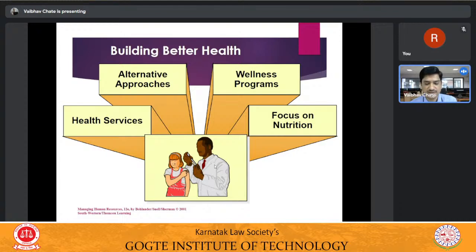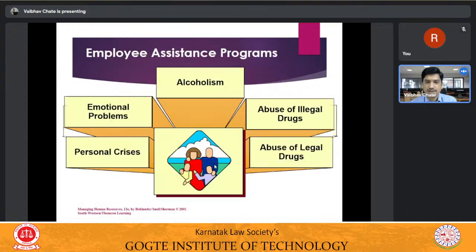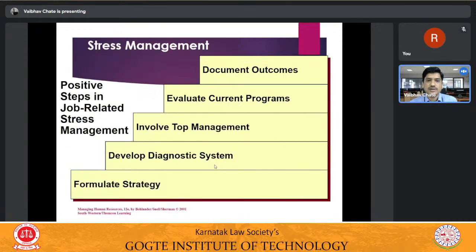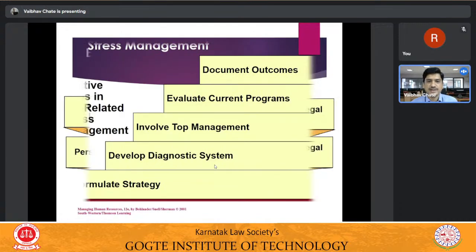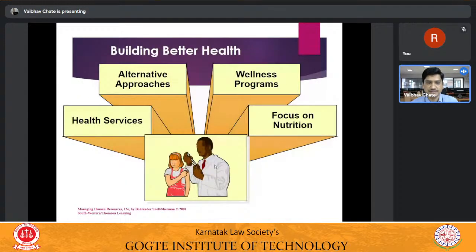So in detail we are going to discuss how we have to go for better building of the health at the workplace. First we need to understand which are the types of diseases, how they are getting spread, and what are the health emergencies that are required at the workplace. Apart from that, you will be told to know various personal protective equipments. We call it PPEs, that is personal protective equipments. And apart from that, how to behave at the workplace is also one of the important things.